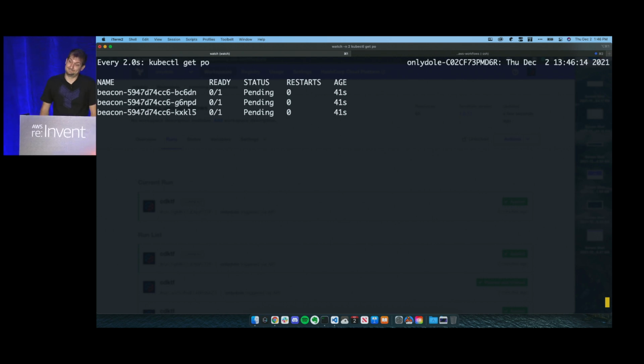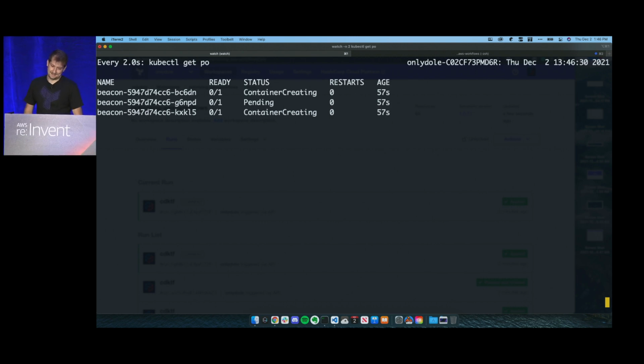But yeah, sad. So you have to wait with me in silence as we wait for these pods to come back up. Cold boots are difficult, but always a little bit better when you have some music to enjoy it with. So as we get to 60 seconds here, we'll see the containers creating, and then hopefully, OK, we're good.